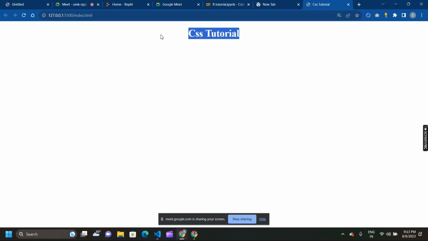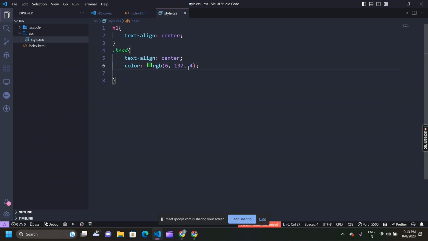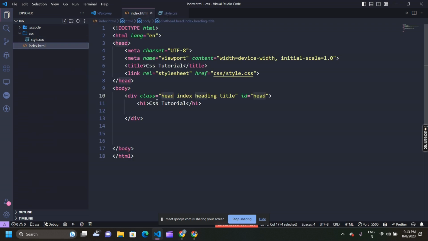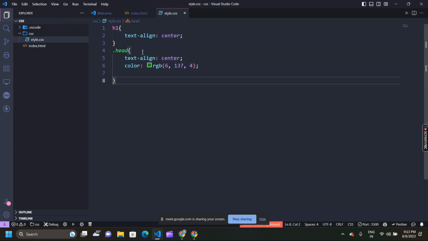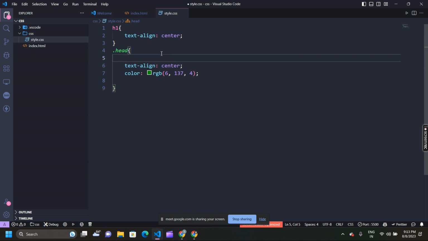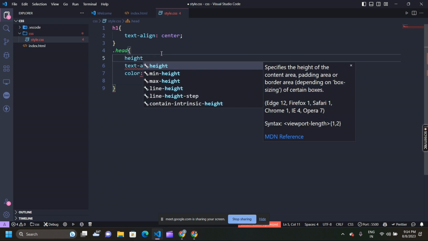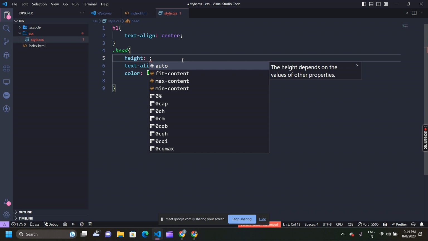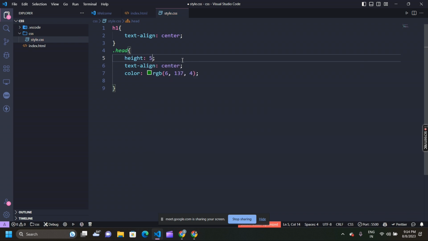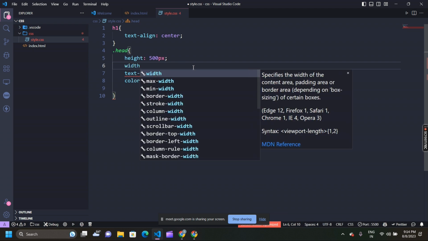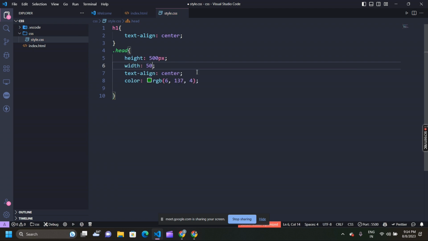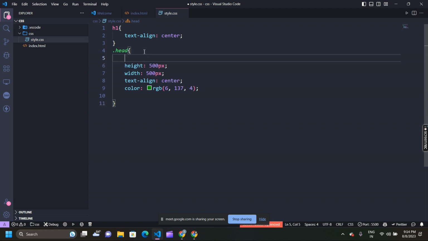So now it has been colored green, okay. So this is green. Now if I want to use background color, for example I want to design this whole head, how can I do it? Simple, head, then height. We can use height, for example 500 pixel, width 500 pixel, okay. Now if I use background color, for example